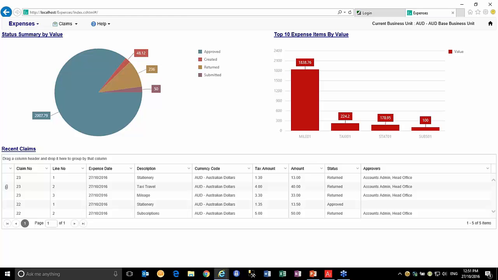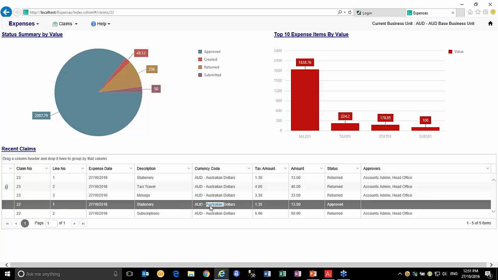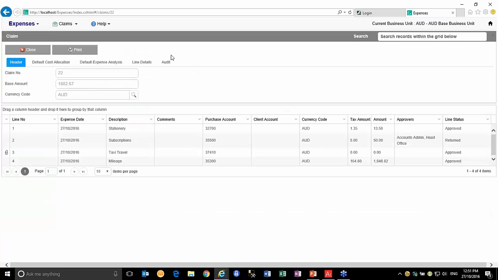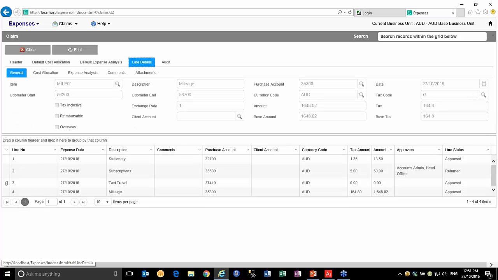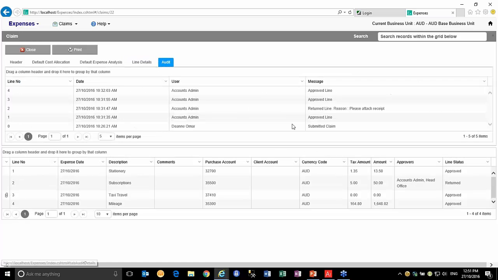Now I mentioned that everything within the expenses module has a full audit trail. So before I log out and log back in as an approver, let's just go in and I'll just show you that audit trail. So here's one that I had raised earlier that's at a status of approved. If I come over here and click on line details, click on audit, my apologies, we can see I've got the full audit trail of exactly what has happened with that particular